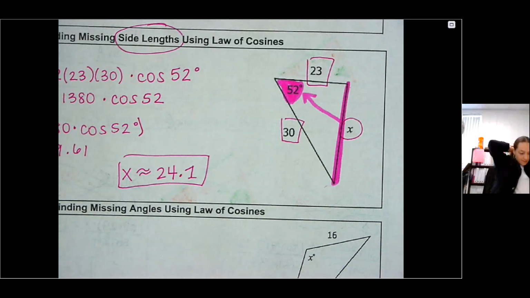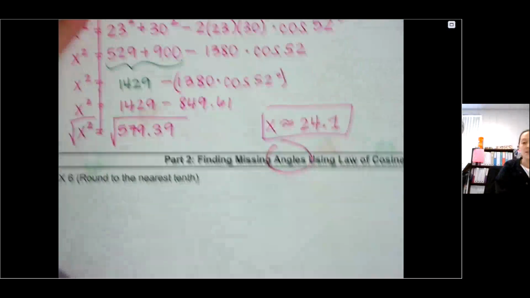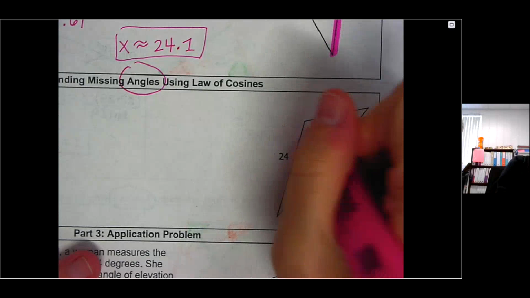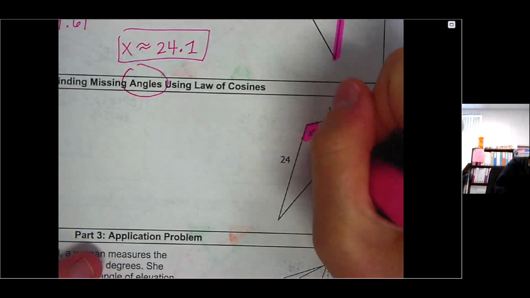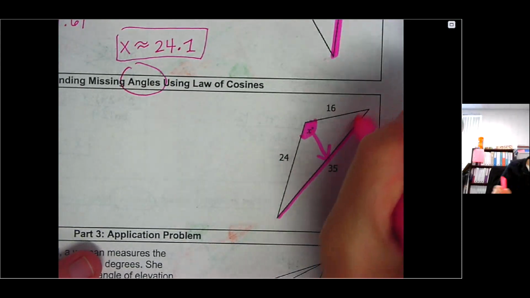All right, one more. This time we're going to find a missing angle using the law of cosine. Okay, so we're still going to set it up the same way. This time I'm looking for angle X, and the side that directly is across or opposite from it is this side 35 over here. Okay, so now when I go to write my equation, the first thing that comes is